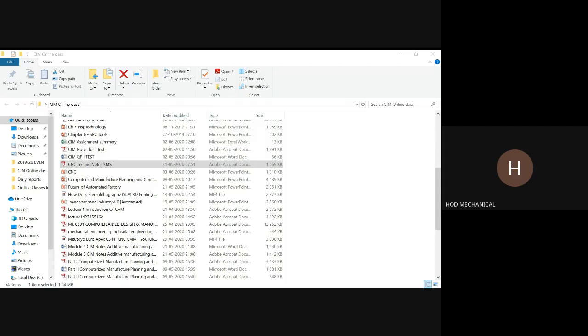Now there are various different types of preparatory functions. These are the commonly used preparatory functions which are present in program writing. So we have G00, called rapid traverse, G01 linear interpolation, G02 circular interpolation clockwise, G03 circular interpolation counterclockwise, G04 dwell, something like that. We have various different G codes. Now we'll discuss the G codes one by one.